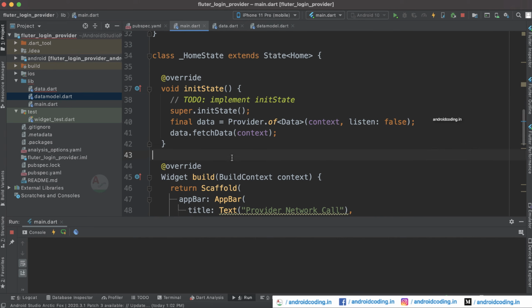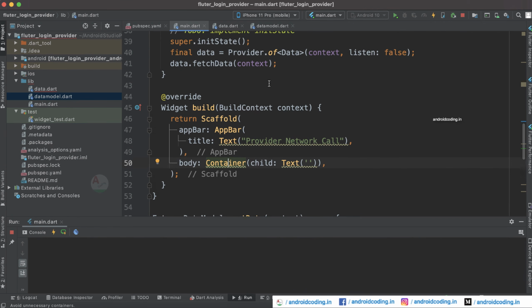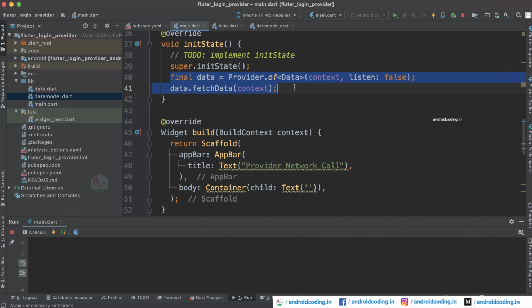And now if you don't want to make the API call on the app startup, that is the initialization of the application, you can just specify a button inside the container, and in on press you can specify this particular information. So whenever your user taps on a button, the network call will be done and the information will be populated onto the screen.